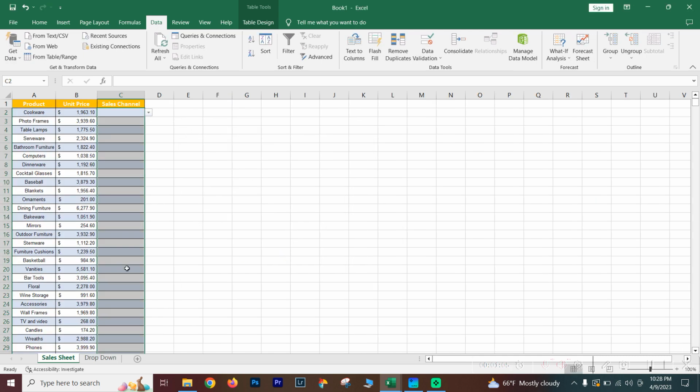Click OK. And now cookware, in-store, photo frames, online, and you can go all the way down and select whatever